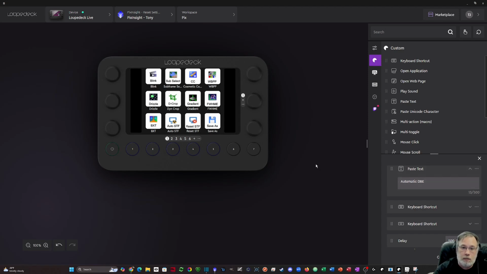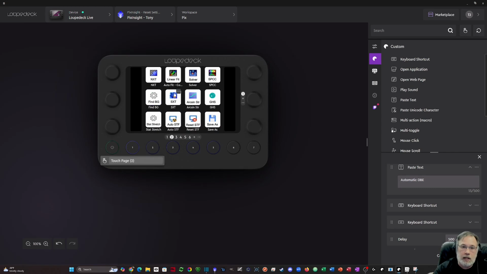What I'll probably do is put multiple gradient tools in here. I'll probably keep automatic DBE, give it a different, like a SETI Astro icon of some sort. Keep this gradient in here, call it Pix Gradient, Pix Grad, something like that. And then you've got Blur Exterminator. I also like to keep certain functions down here, like auto stretch or reset the stretch, and then my save as. So you'll see as I click across here, the next page, button 1, and these only light up when